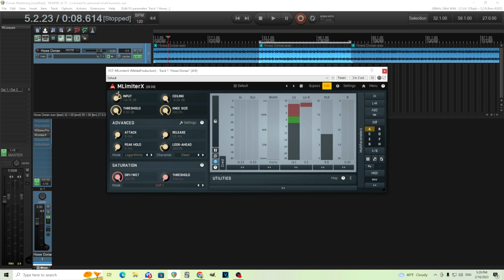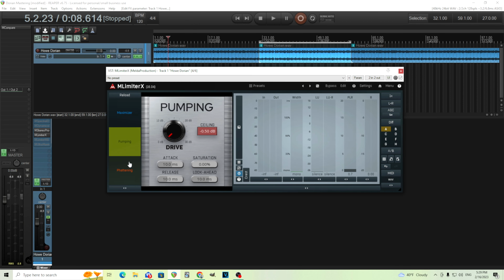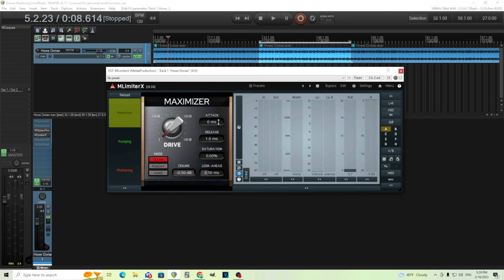So there you go. That's MLimiterX. If you don't want to go through all this, of course, you have these here, which will take some of the controls away just so it's easier and faster. You can just crank that drive up and that's it. Let's move to the next one. Next one is